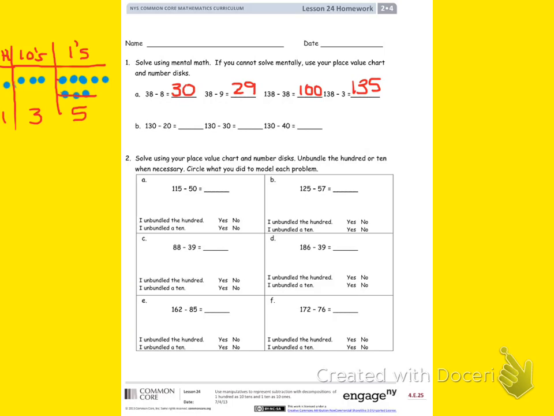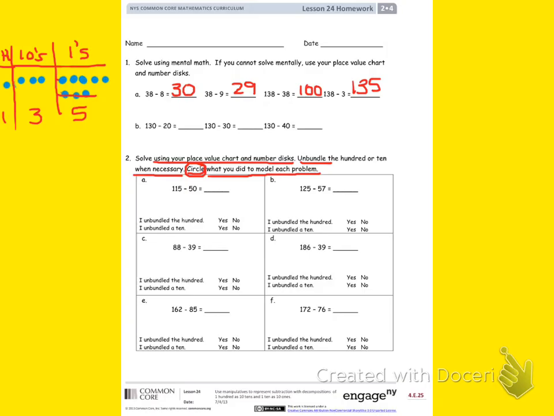Problem set 2. Solve using your place value chart and number discs. Unbundle the 100 or 10 when necessary. Circle what you did to model each problem. I'm going to underline the key pieces of information in the directions. Using your place value chart and number discs. Unbundle when necessary. Circle, and I'm going to even circle the word circle, what you did to model each problem. All right,